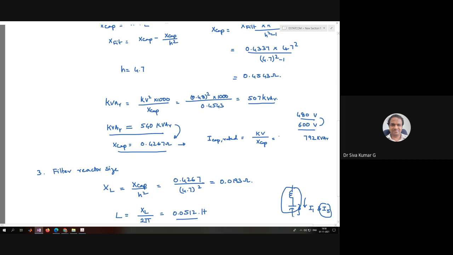No, here it should be kVAR, right? Yes, it is correct. It is 480 volts by 0.4267. This we actually forgot over here. Why didn't we evaluate the current? Here what we get is